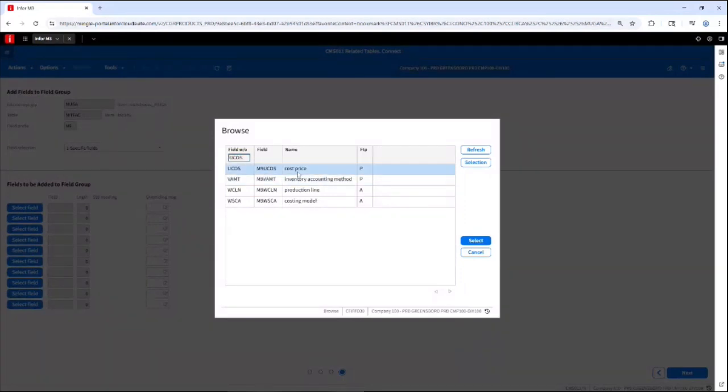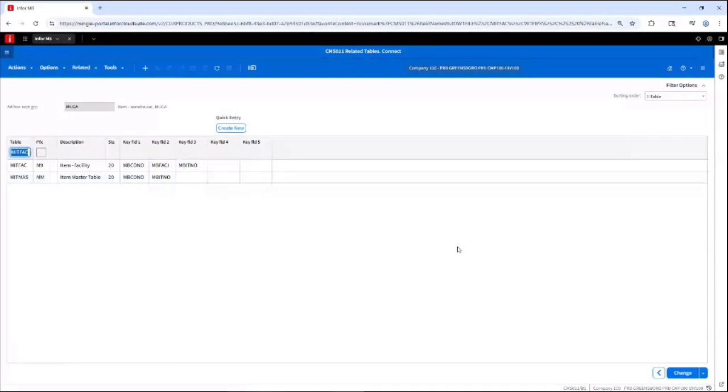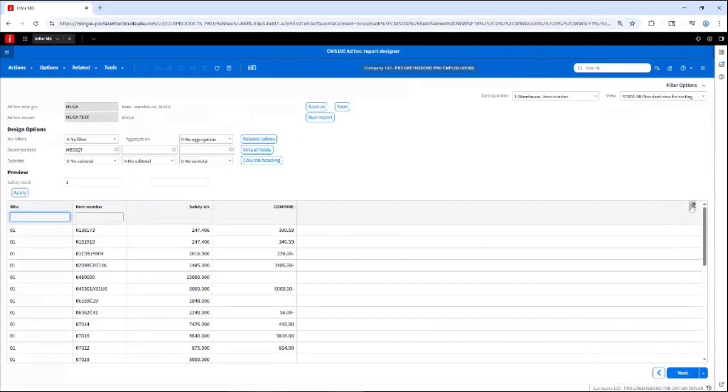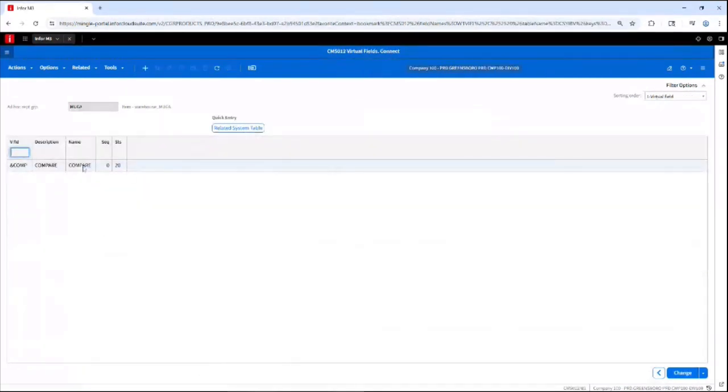We'll put the cost price of it. And so now if I wanted to, I could go in and add this field to the same report. But why would I do that? Well, it's to see what the cost of that particular one is. But then in the virtual fields, now that that's out there,